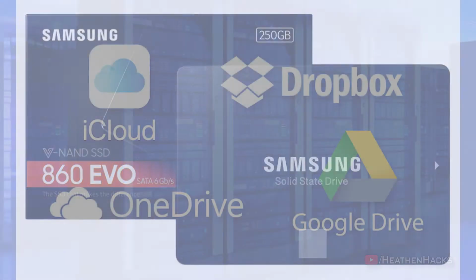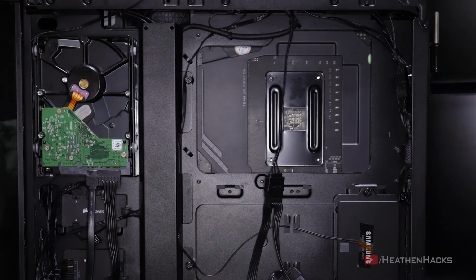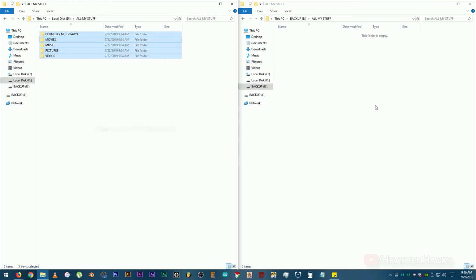Now, you can either use cloud storage, an external hard drive, or if you have another drive on your PC with ample storage, you can just use that, and for this one, I'm going to use the third option, because my internet connection is not that fast for efficient cloud storage backup. Here are some things that I do every time I back up my stuff.